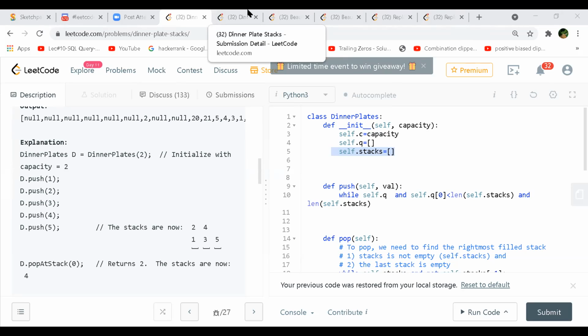Yes. But what are these numbers representing? These numbers are the values you want to push. But that doesn't matter, like we can put any number as long as it is within the capacity. That is the value we want to push. But does that value have any significance with respect to capacity or just doesn't matter? That value has a significance when we want to pop it out and return.